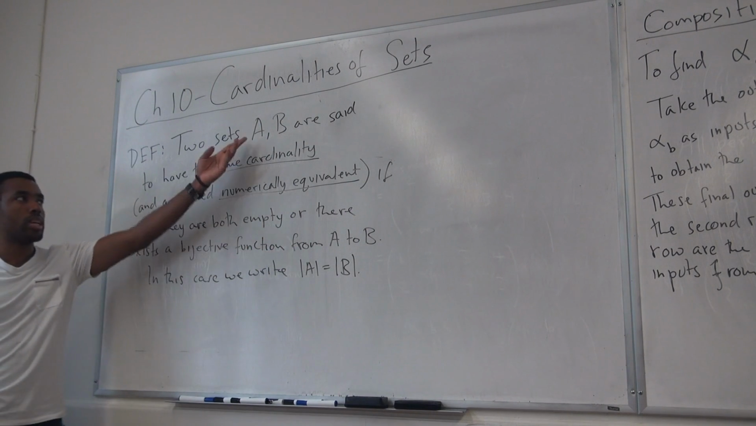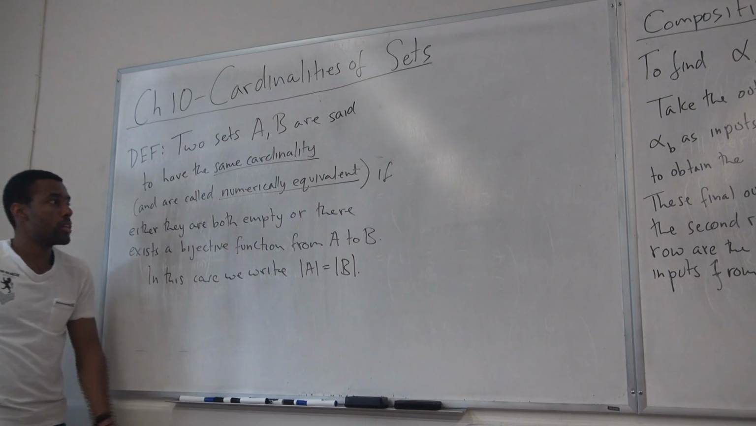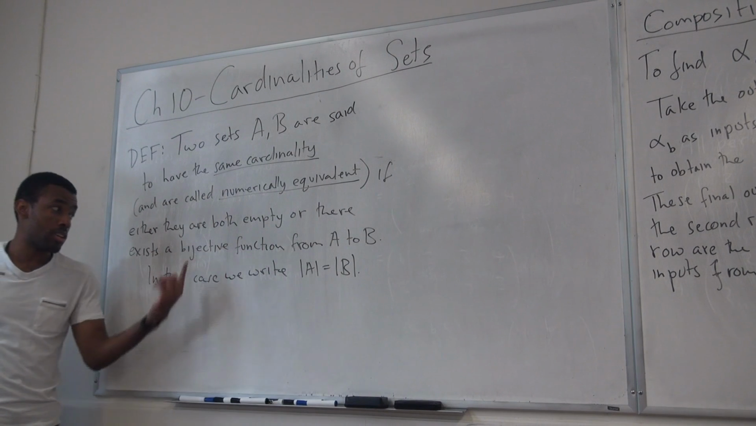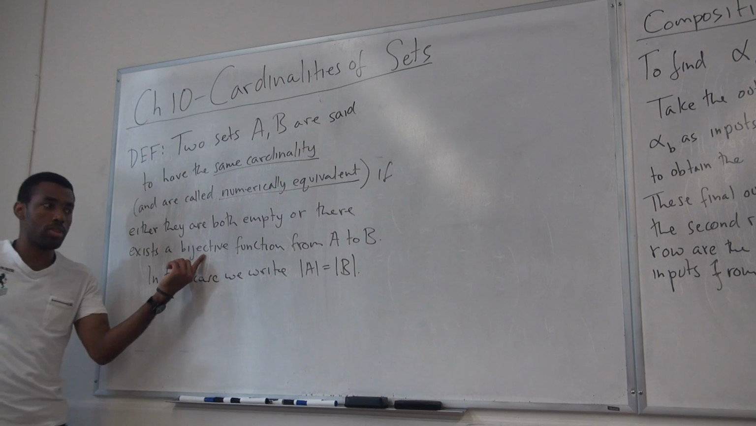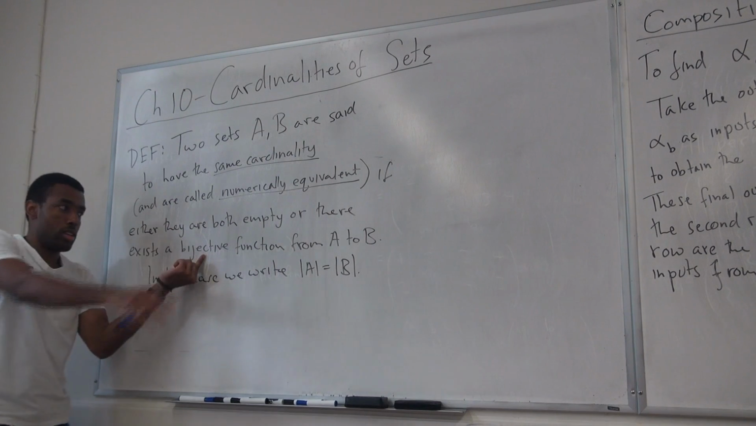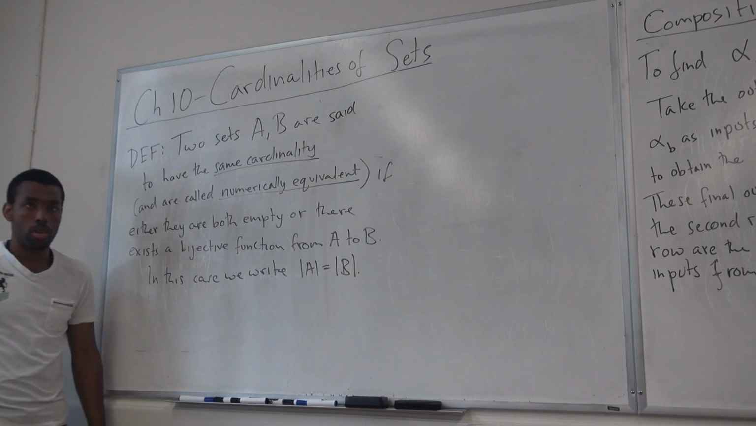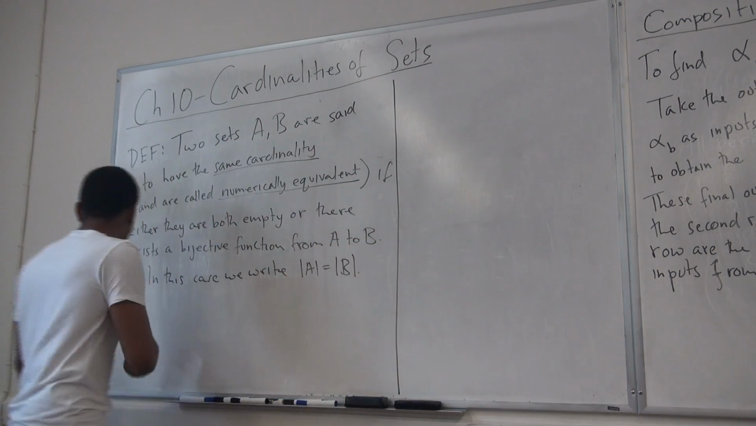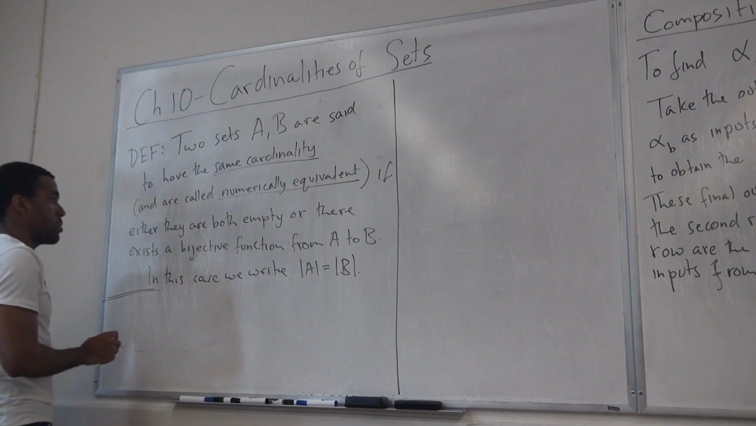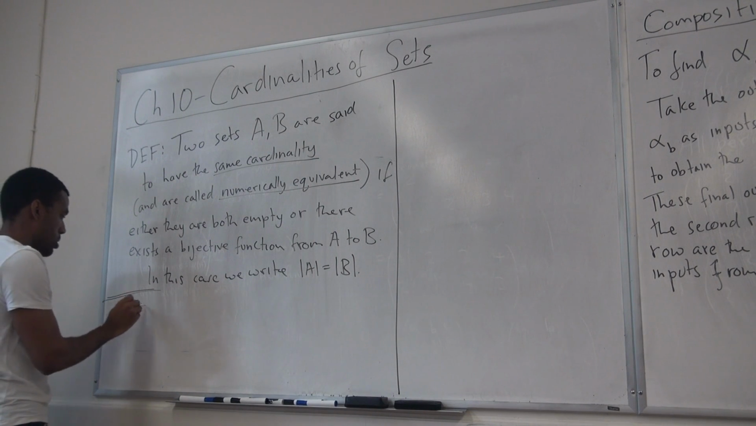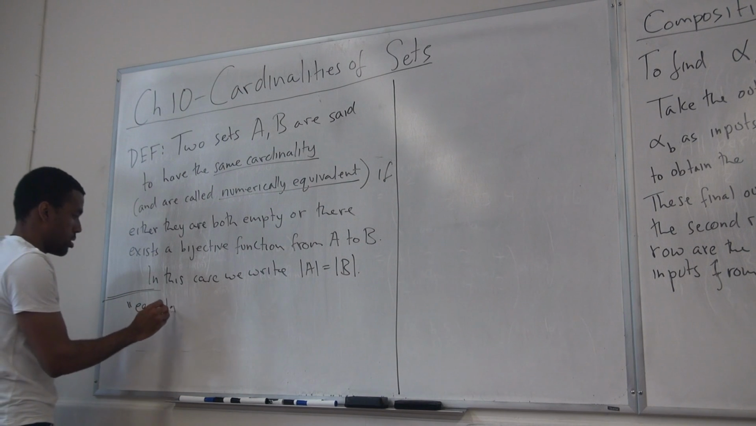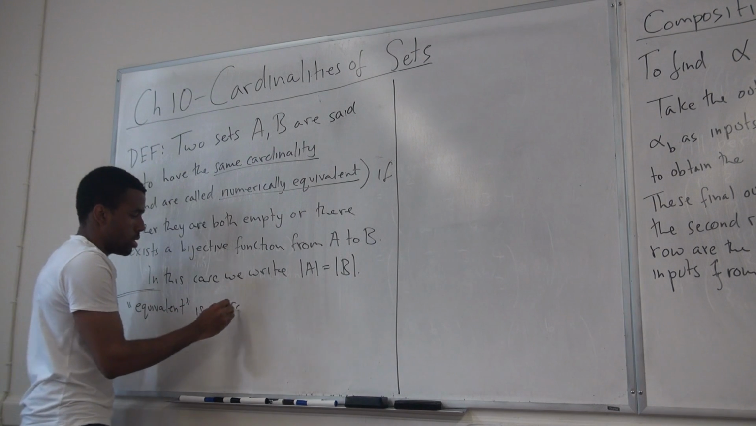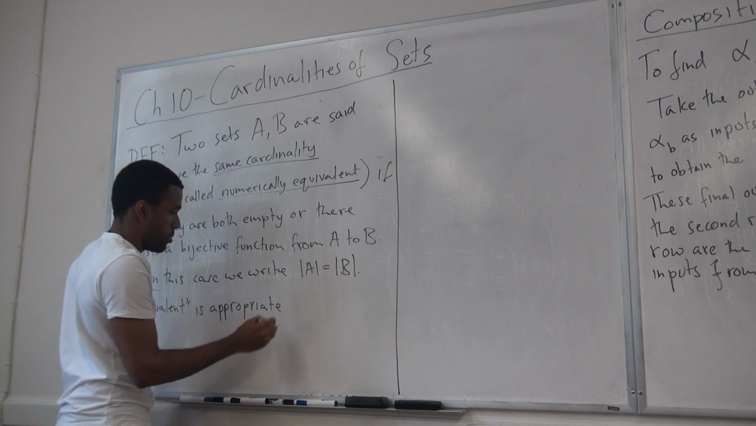They're either both empty, in which case their size is both 0, or if they're non-empty, then if I can find a function that goes from one set to the other that's bijective, meaning it's in a one-to-one relationship, and all the elements here exhaust all the elements there, it turns out they will have the same number of elements. So that's the idea. One thing that you should be aware of